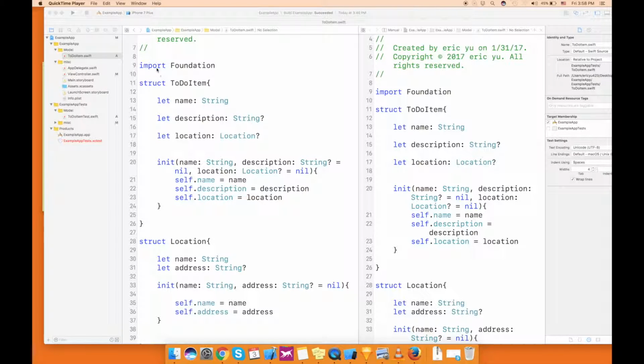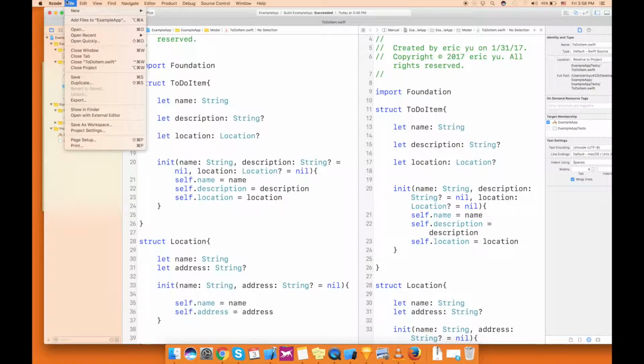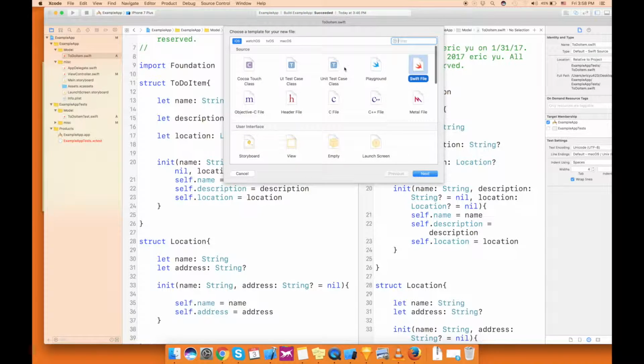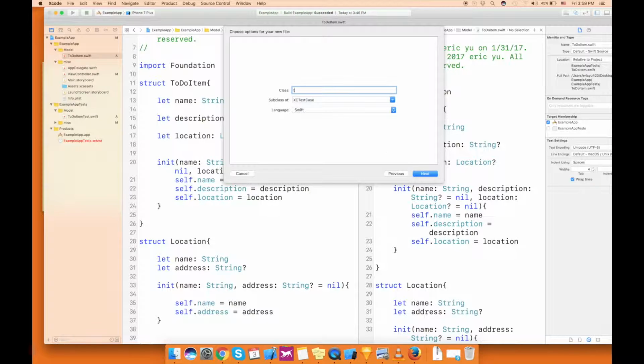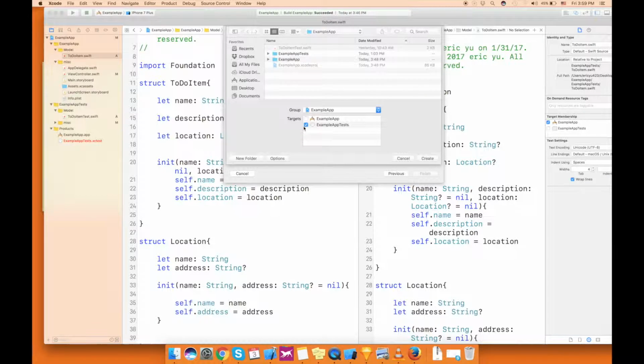So far our data model doesn't do anything, so I'm gonna add an item manager that's gonna help adding, removing items in our to-do list. Okay, so I'm gonna create a new test class. I'm gonna call it ItemBrand because it's the brand of our program, and make sure I have the correct target,